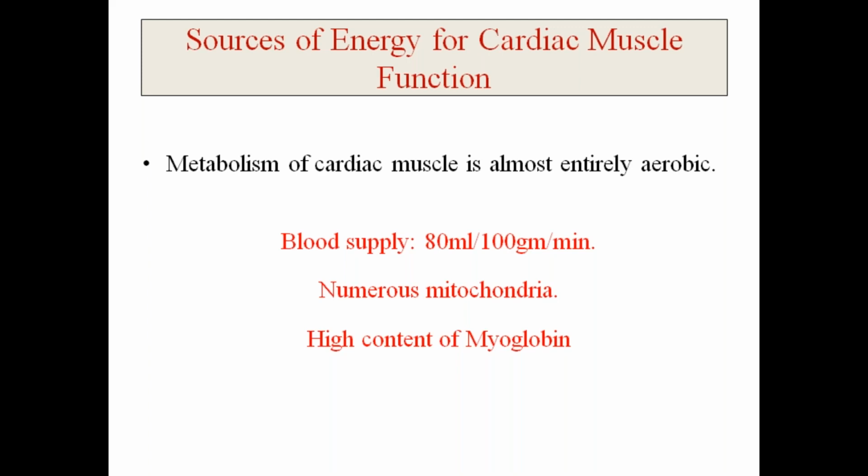Secondly, they have a large amount of mitochondria and a very high content of myoglobin. So all these three parameters, that means large blood flow, large number of mitochondria and high content of the oxygen pigment, myoglobin, promote oxidative phosphorylation, oxidative metabolism. And oxidative metabolism is a very efficient way to generate ATP, because anaerobic metabolism can generate ATP at a fast rate, but it can cause fatigue because of the genesis of lactic acid.